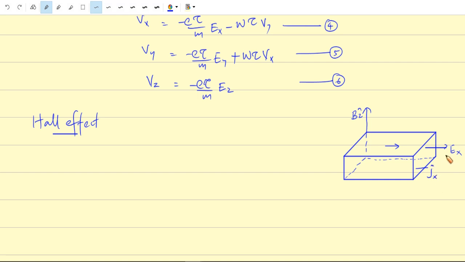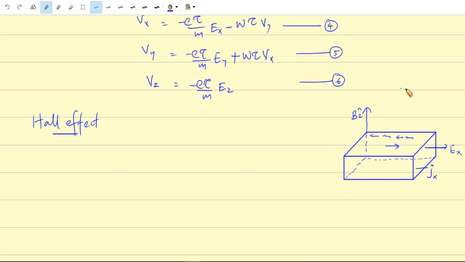So due to this electric field, that means if we apply a potential, there will be an electric field. This electric field causes current flow through the conductor. Jx is the current per unit area. Now, due to this current, these moving charges, there will be the Lorentz force. Because of this Lorentz force, the free electrons will be moved towards this side. If this is the current direction, electrons will be flowing towards the left. So this is the direction of electron.